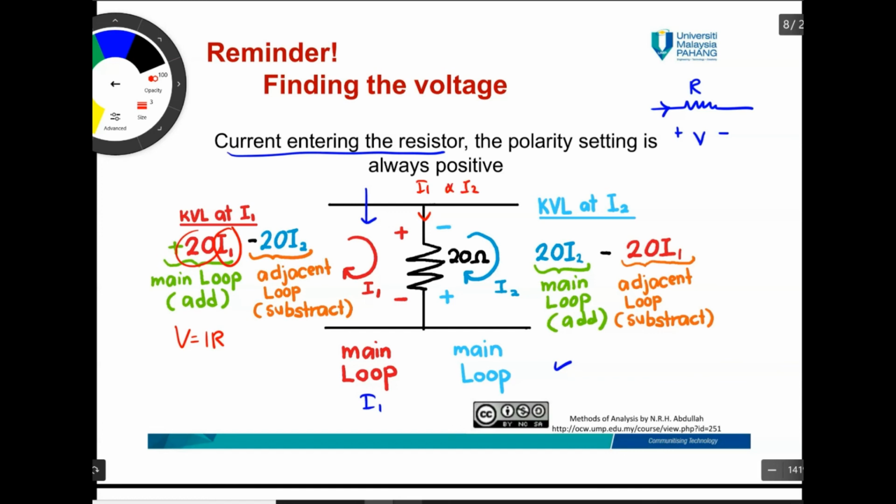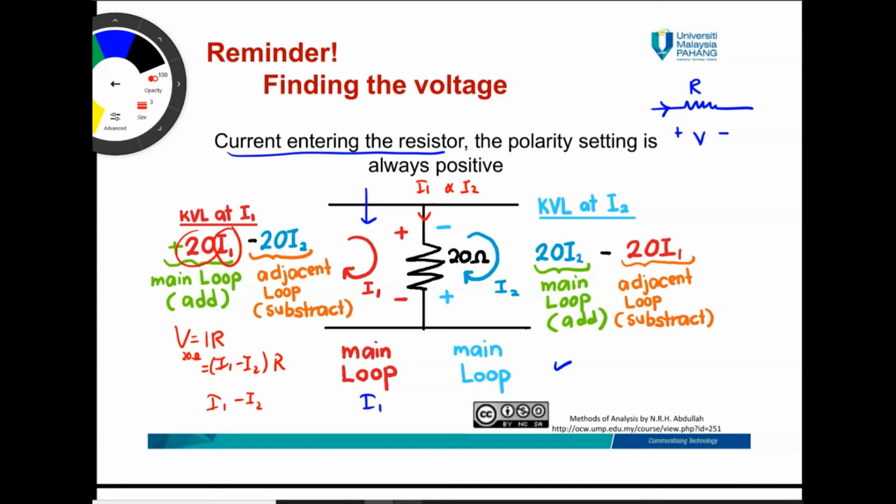Because of the dominance of the first loop, the current is I1 minus I2. So by using Ohm's law, V for the 20 ohm, considering the dominance of the first loop, which is I1, is I1 minus I2